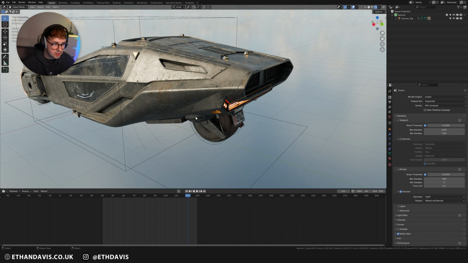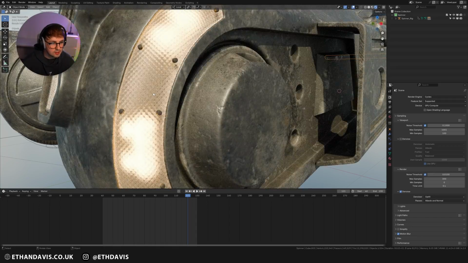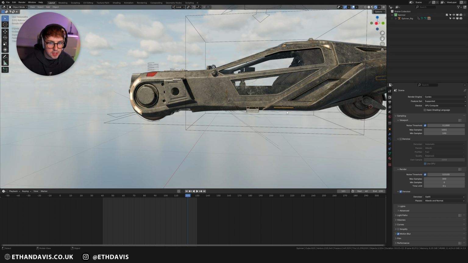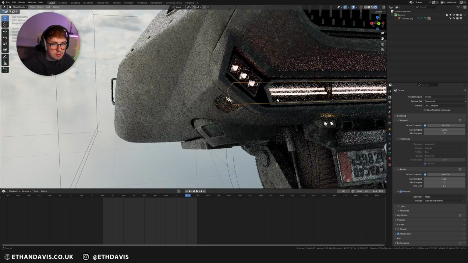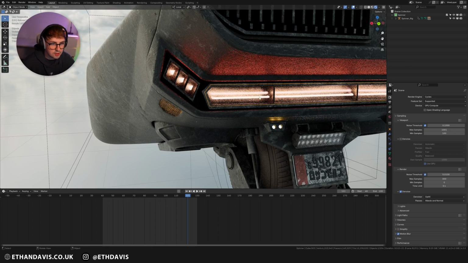But the other things that I needed to do were obviously all the lights and all these headlights as well. Now, I do actually think I've changed some of these in the actual final scene. But for now, this was my starting point for everything. So I did actually end up tweaking this, like the backlight glass in the final scene. So it is a little bit different to this.